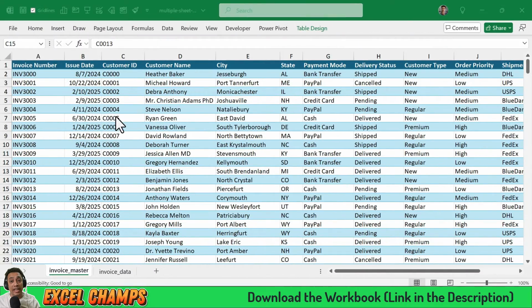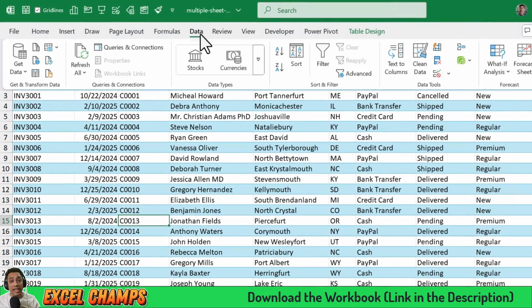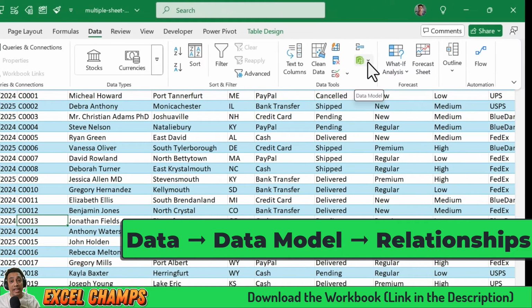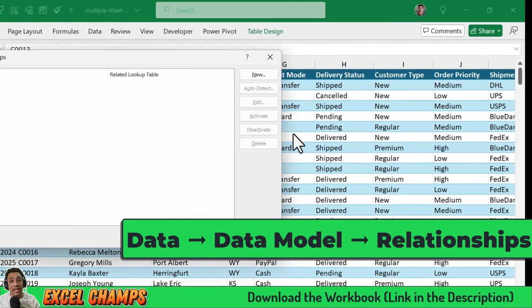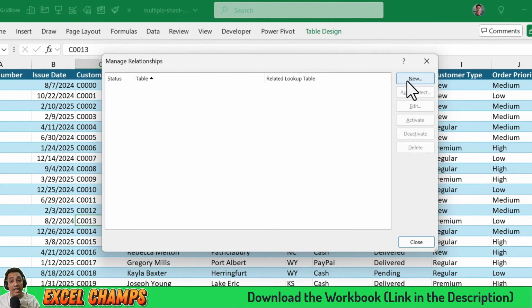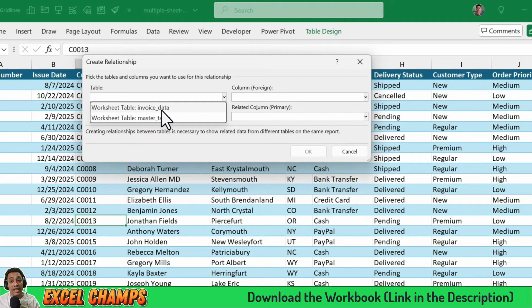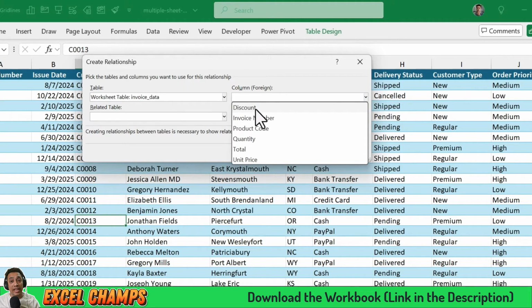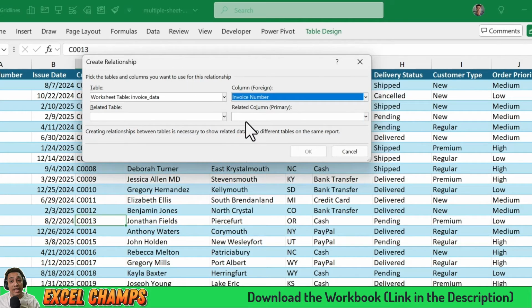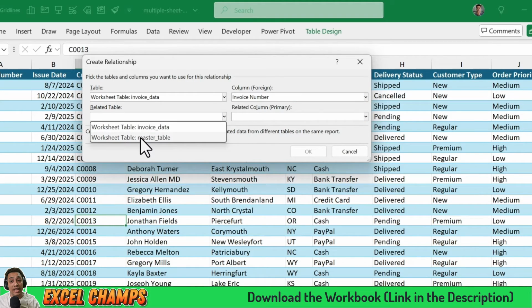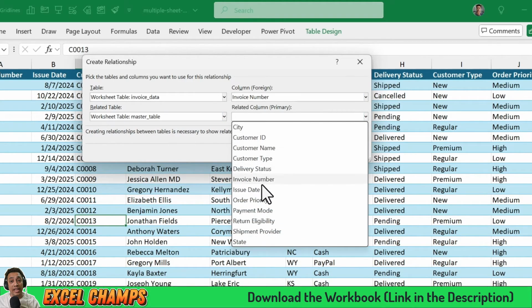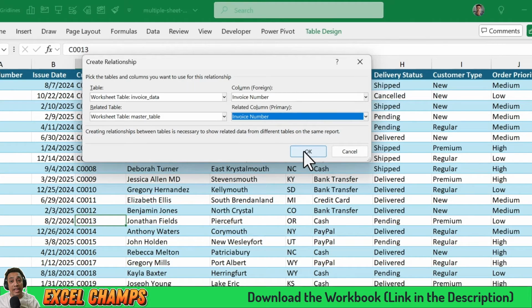All right, so we are ready here. So first of all, I'll go to my data tab, and from there, I'm going to click on this small drop down that is called data model. And from the data model, I'm going to click on relationships. Now, I'm going to click on new, and here I have 2 different worksheets and 2 different tables. So here I'm going to select the first table, that is invoice data, and choose the invoice number. That is the common column in both of the data tables. And then again the second, which is master table, and then again the invoice number. And now I'm going to click OK